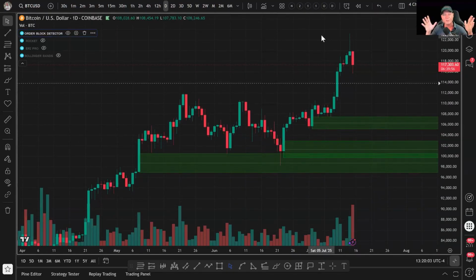$1 billion in shorts got liquidated yesterday in the last few days. We're actually mostly in this range here. A lot of short people at the 112,000 range got obliterated,